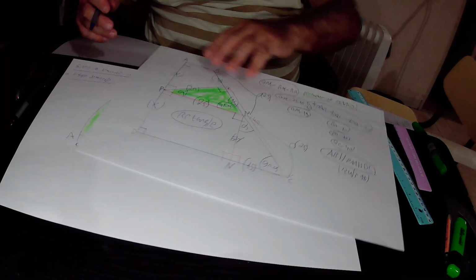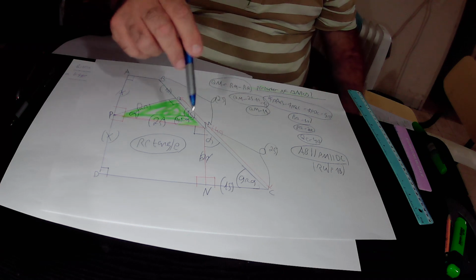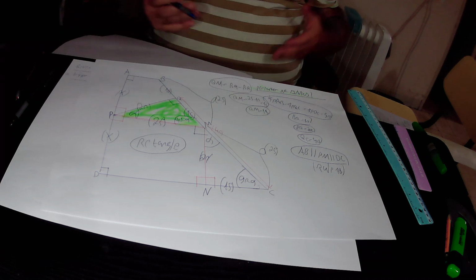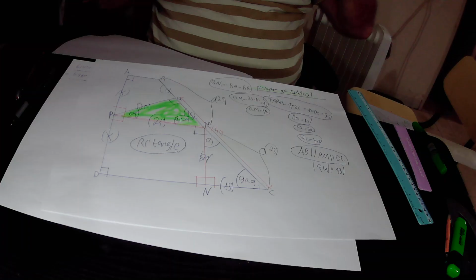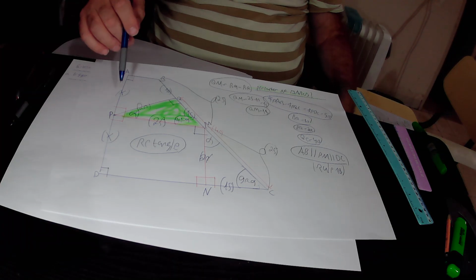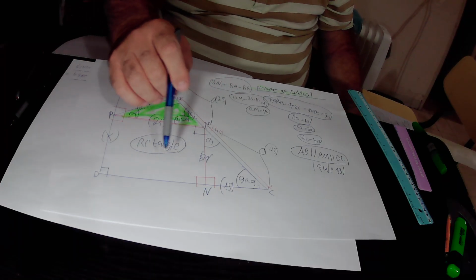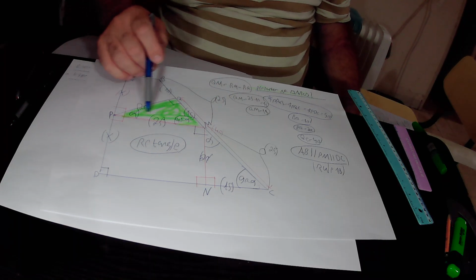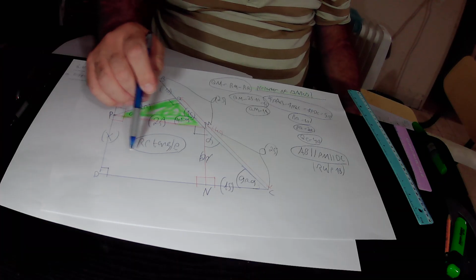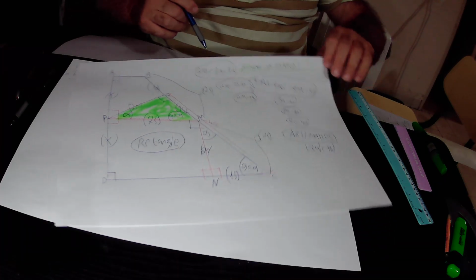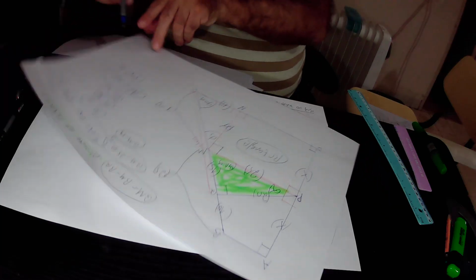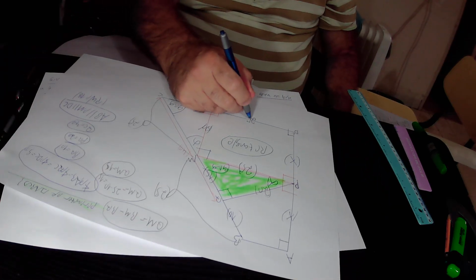We already found out that quadrilateral PMND is a rectangle. But we also know that the opposite sides of a rectangle are equal to each other. So in rectangle PMND, side PM must be equal to the opposite side DN. But PM equals 25, and therefore the opposite side DN must be also equal to 25 units in its length. Likewise, according to the same rule, in the same rectangle